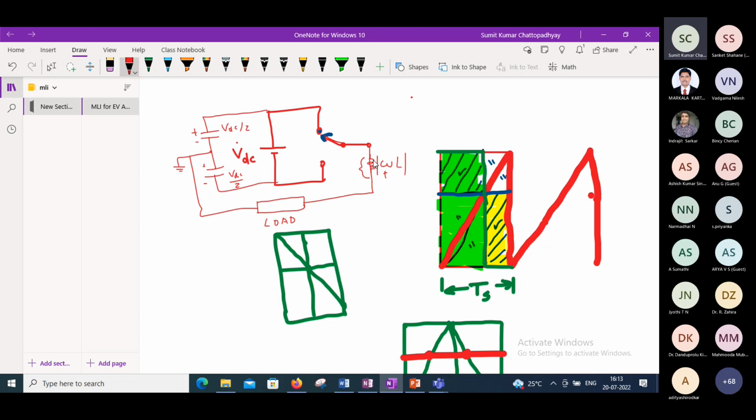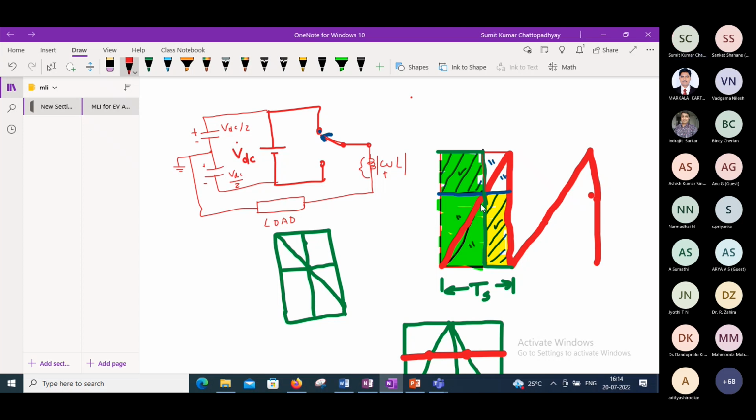high rate of change of voltage, as we see the voltage is falling or rising very sharply here. So dv/dt is very high, in the order of 5 kilovolt per microsecond. This is as high as 5 kilovolt per microsecond. That causes leakage current, as well as high dv/dt may cause premature failure or premature aging of the insulation of the device connected, say an electrical machine, whether it is a transformer or rotating machine.